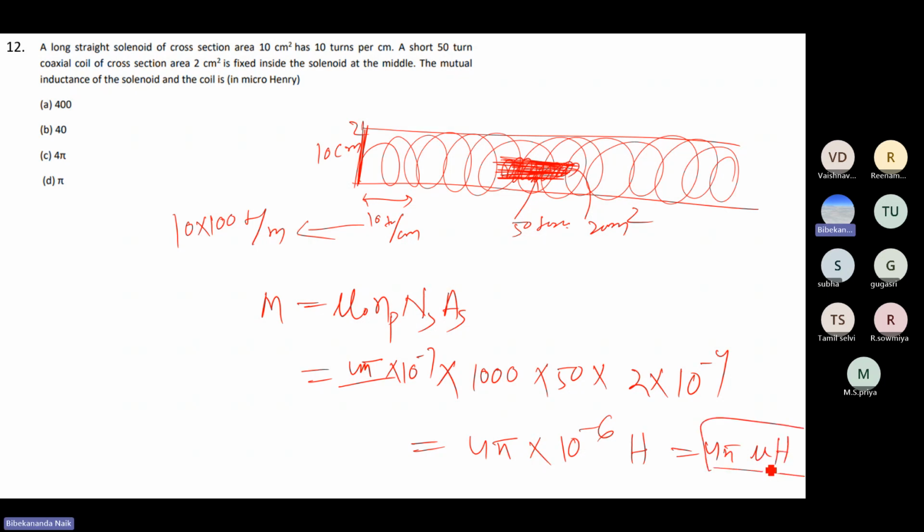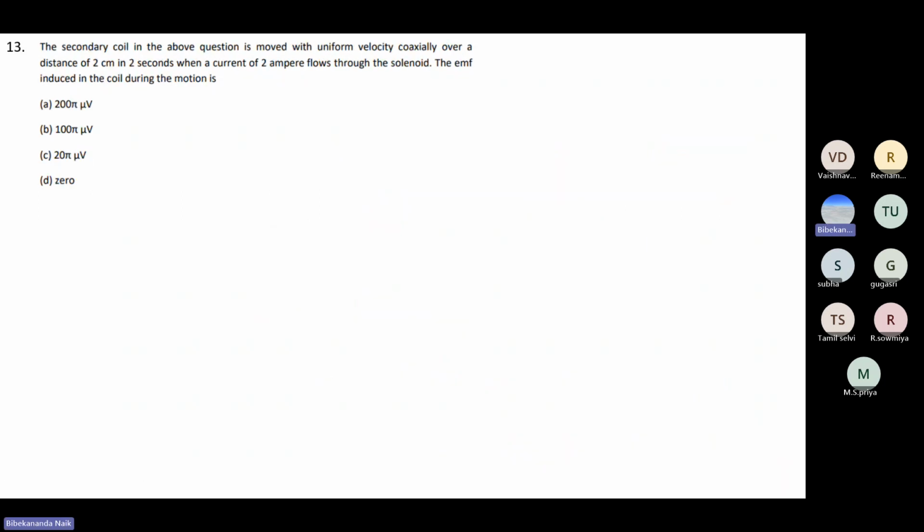Here mu means micro, 10 to the power minus 6. So the third option will be 4 pi microhenry. Then question number 13. The question says the secondary coil in the above question is moved with uniform velocity coaxially over